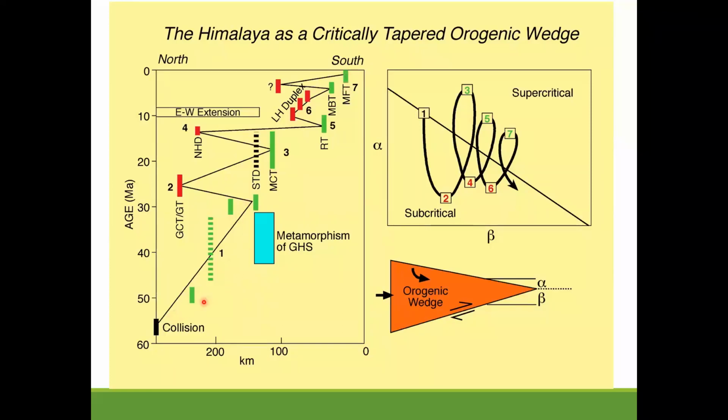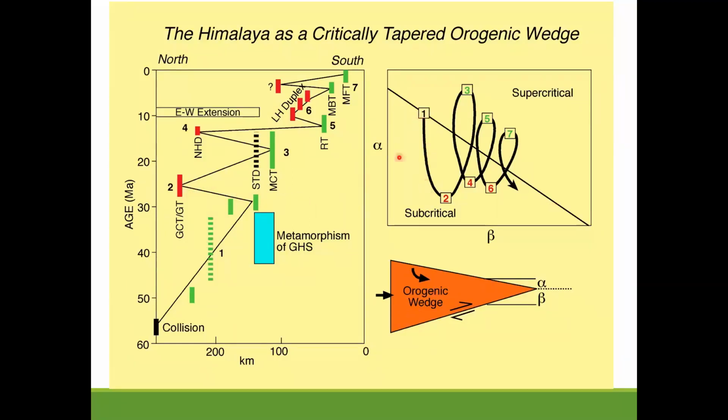Okay, so these have happened in a sequence which is older, the green stuff, and because of that, it is also called in-sequence thrusting. Okay, and then you also have these red things, which are basically between these events. So this was the point where the erosion dominated, and then you needed internal deformation for things to build, so that the wedge again became critical and continued forward.